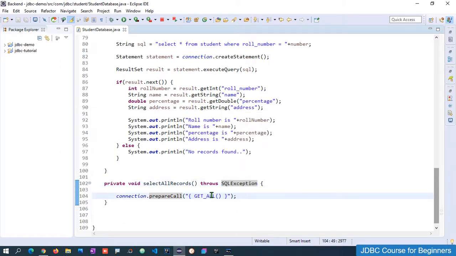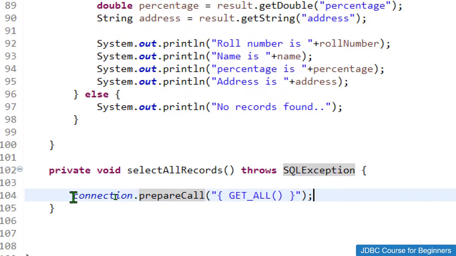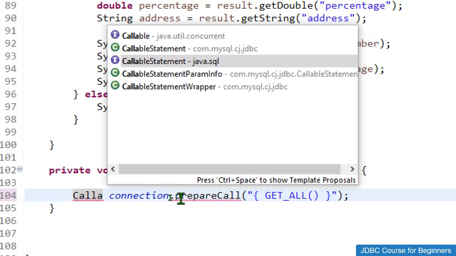Now the exception is thrown and everything is done, and we called this prepareCall. This prepareCall will return me the reference for the CallableStatement interface. So let me store that reference like CallableStatement, and this CallableStatement is again an interface which comes from the java.sql package.